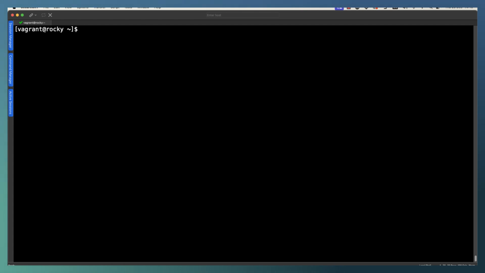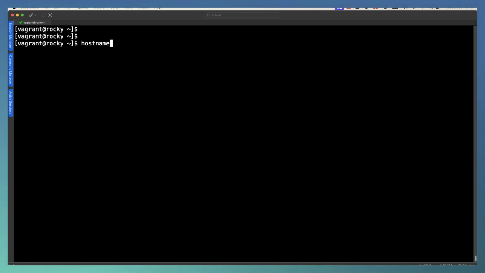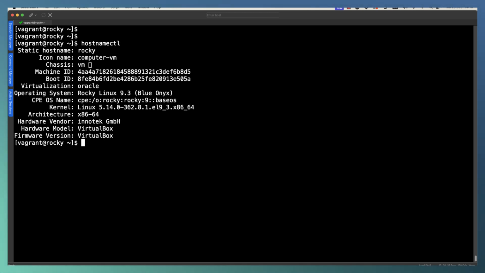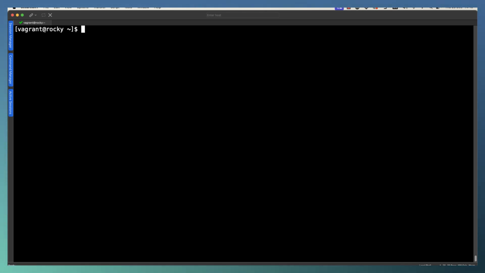Hello and a really big warm welcome to the command line of my Rocky 9 system. I always think it's a good idea to start these demonstrations using the hostnamectl command so you're under no hidden information about the operating system that we are using. However, it's pretty much a standard command that we are using, the fortune command.